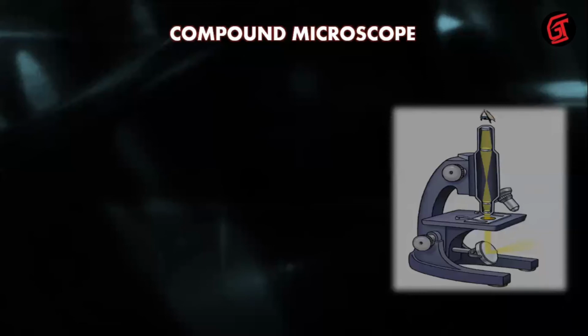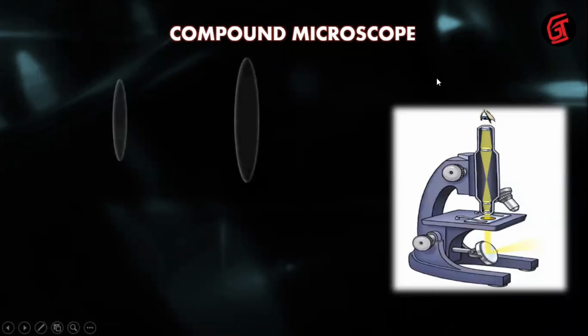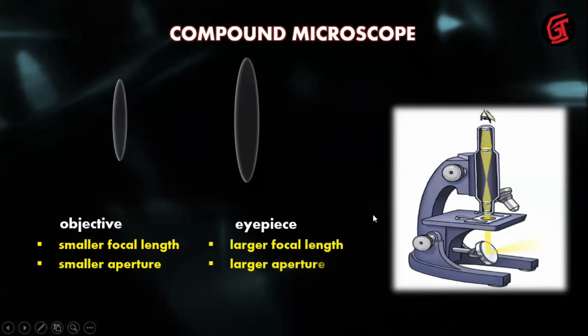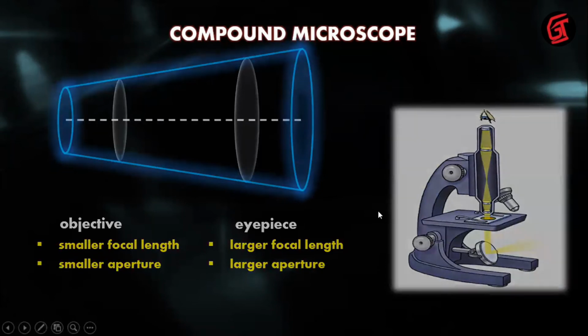Okay, let's continue. Let's learn about a compound microscope. You must have seen this type of a microscope in your school laboratory. What is its function? The functions are almost the same as whatever we have learned in our ray diagrams. Now we will see which application this applies itself in. Suppose this is your object which you have to see. It has a smaller focal length and this is your eyepiece. Eyepiece matlab from where you see. This has a small aperture. This has a larger aperture. So बड़े से हम लोग छोटे को देखते हैं.